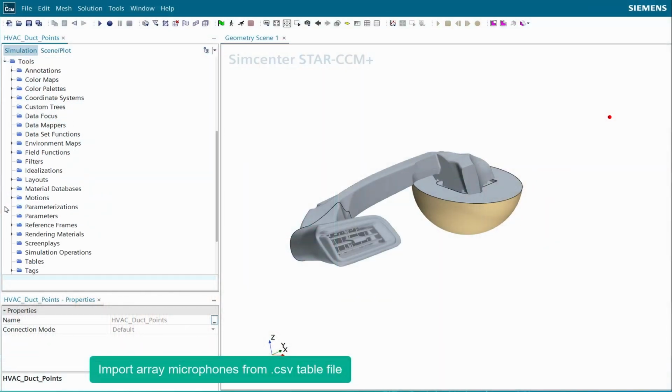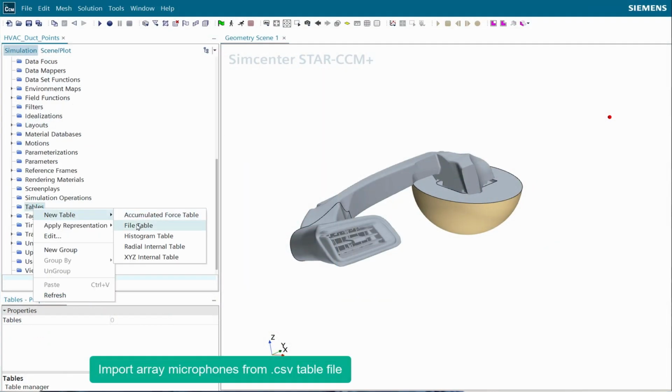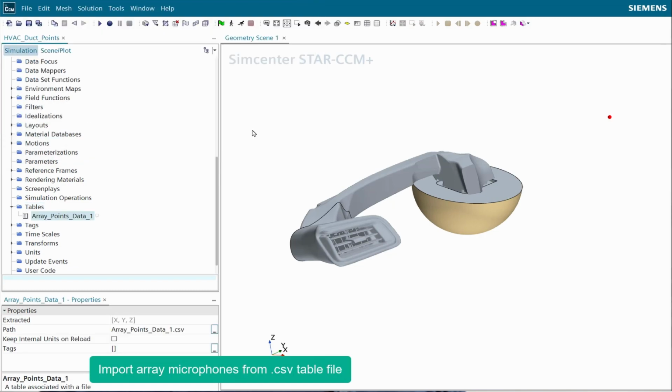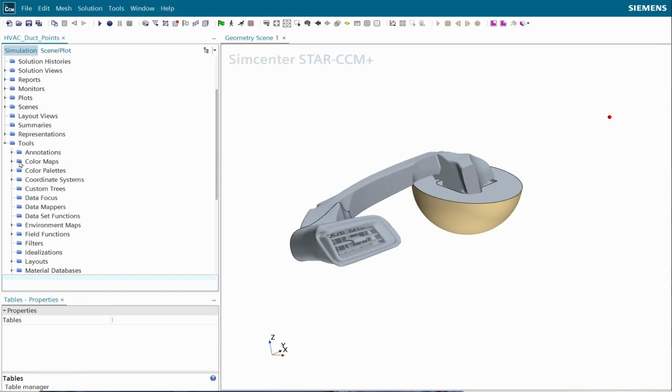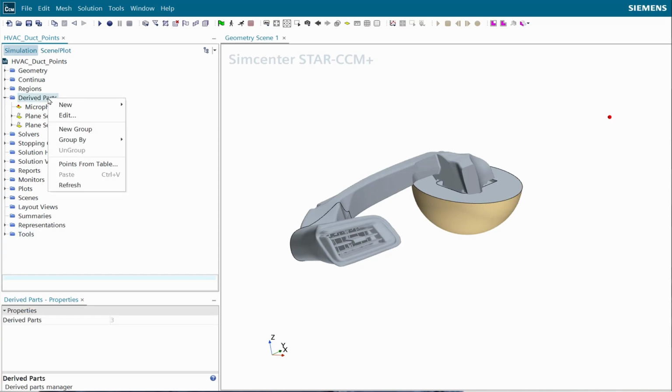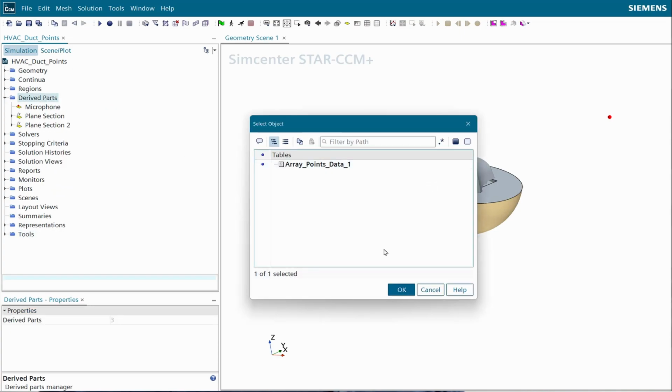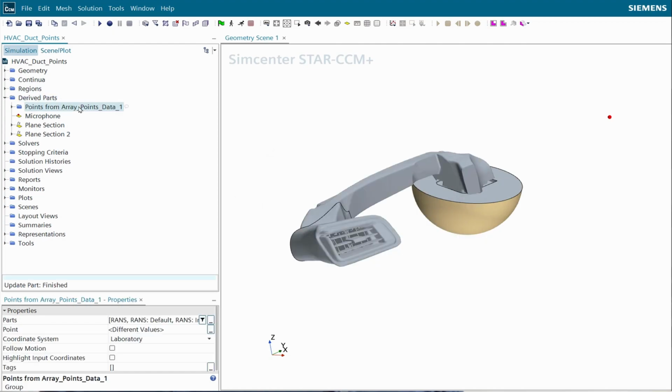I would like to start with a feature called Create Point Probes from a File Table. Okay, that sounds very exciting, and it seems I can finally throw away my macro, right? Yes, that was the intention of the feature. So let's see how that works. In StarCCM Plus, if you import a file table, you are now able to directly derive from that file table, based on the locations, hundreds or thousands of points. So if you imagine an array of acoustic microphones, for example, you can use those locations in XYZ and directly create point probes from those locations.